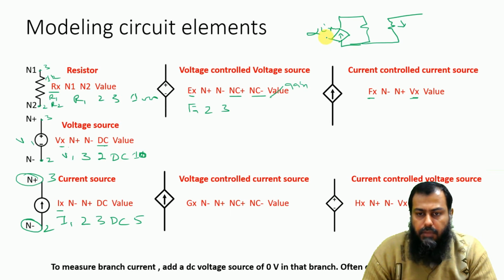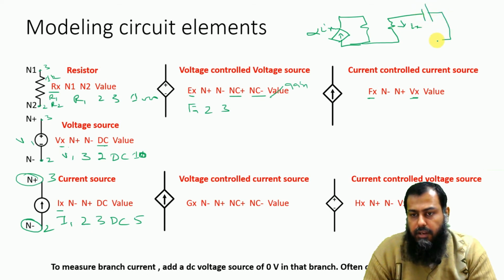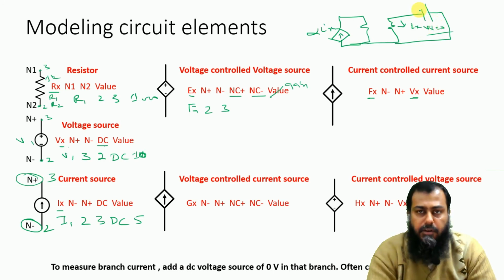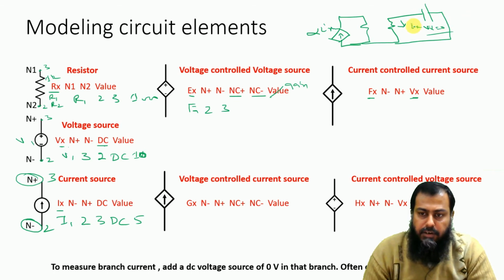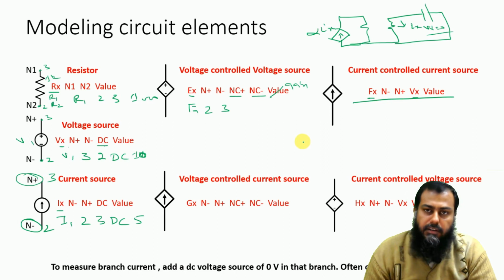So this alpha is the gain and Ix is the current which is controlling this particular source, and this Ix is flowing here. Because it is flowing in this particular branch, we have to add a dummy voltage source in this branch. This dummy voltage source should have a voltage Vx equal to 0. Once we do that, any voltage source with voltage equal to 0 is just a short circuit path. But because of the requirement of SPICE, it will actually measure the current which is flowing here, and thereafter we can write these particular things.